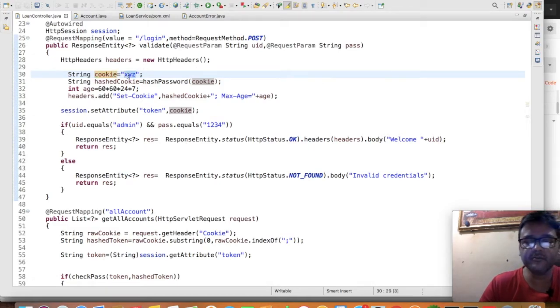It's plain text. But when the cookie is saved in the user's browser, and it is plain text, every time the user requests after getting the cookie, it will always travel with the request to the endpoint.